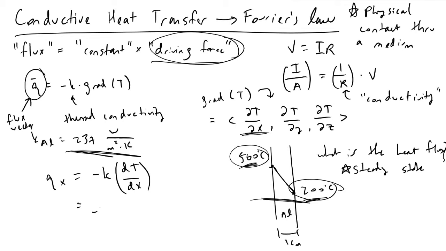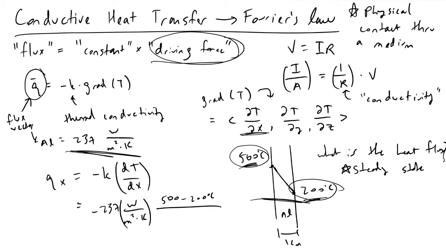So we know that k was equal to 237 watts per meter squared per Kelvin. And if I make an assumption that we have a linear temperature profile in our aluminum, I can say that we have 500 minus 200 degrees C, and we're going to be dividing this by dx,